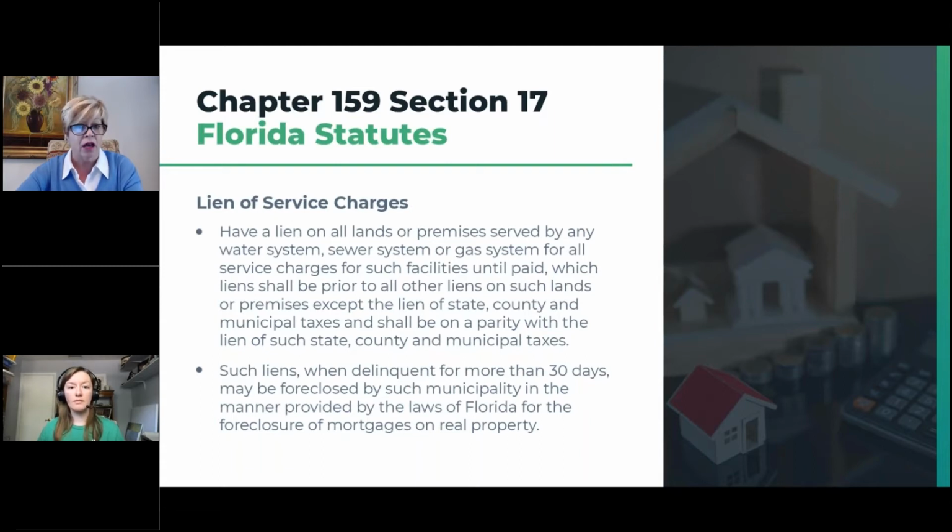Such liens apply when delinquent for more than 30 days. The interesting thing is that it puts the utility company right at the top of the priority list on foreclosure of a property, right up there with the mortgage. So they absolutely have the right to foreclose on a property for unpaid utilities. I haven't personally seen that. Amanda, you may have come across a situation like this, but this certainly protects the public works provider to ensure that they get paid prior to that